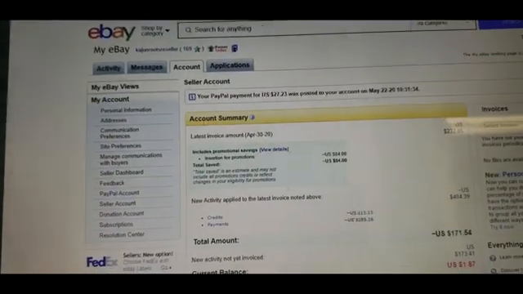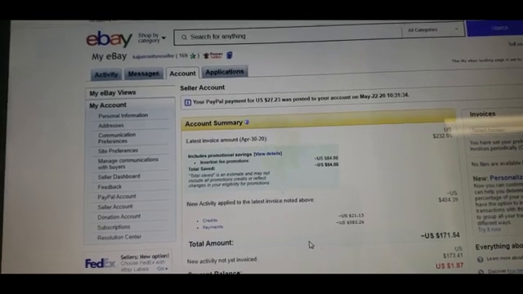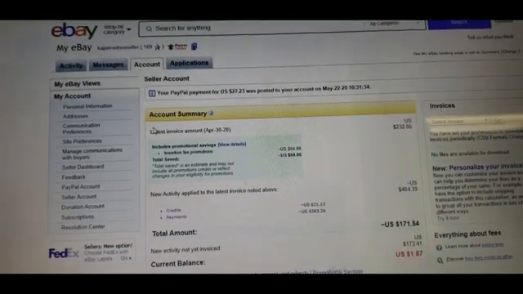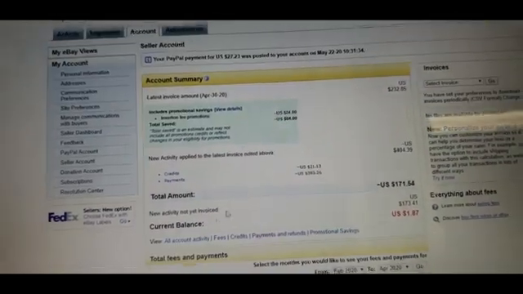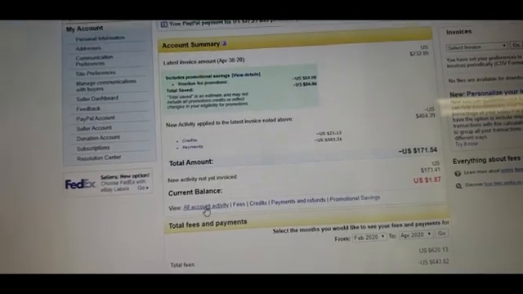And then, of course, it will bring you back to that same page. So I just want to show you there are two different ways of showing how to do this and get to it. So, of course, you're going to have your account summary. Now, you can go to where it says All Account Activity right here. And when you click on that,